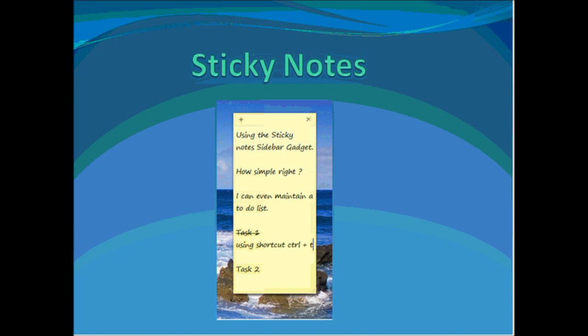You can just type out what you want. It stays on your desktop. You don't need to save it. It stays saved automatically. And when you are done with a particular task, you can press Ctrl T to cross that task. It's just like using your own notepad. So these kinds of things are included in the gadget scenario that helps you do everyday tasks.